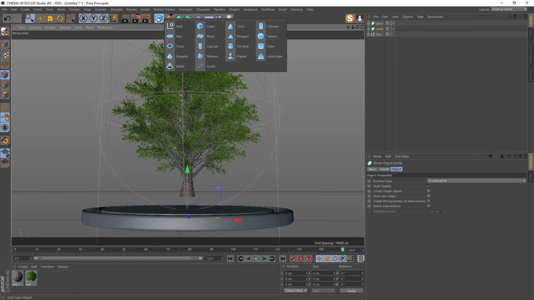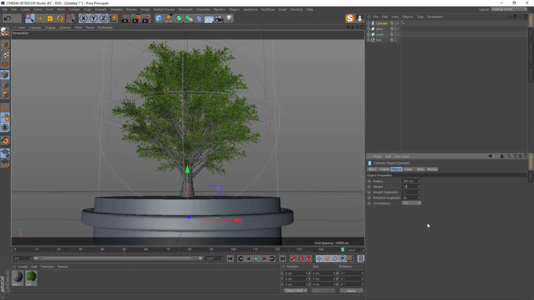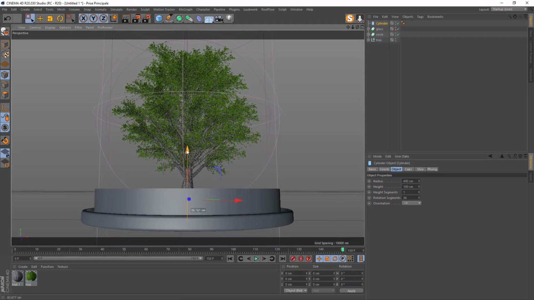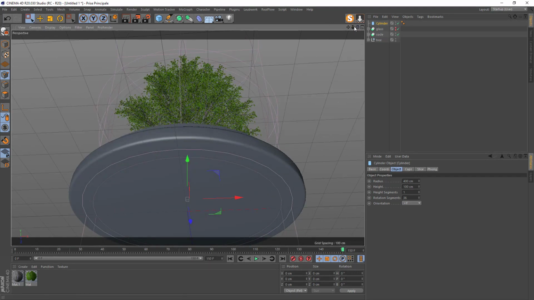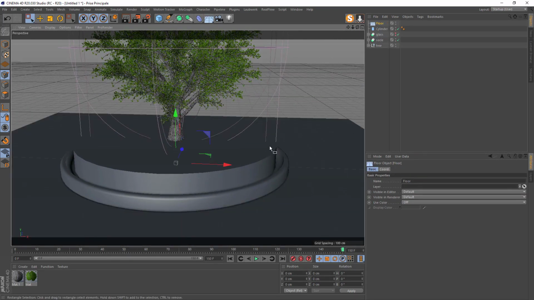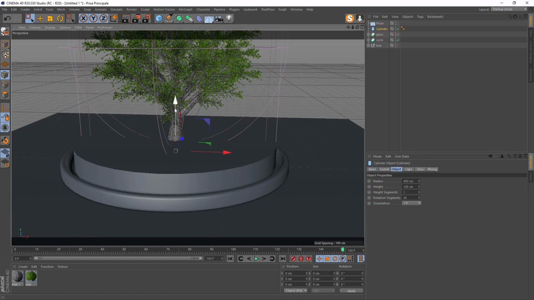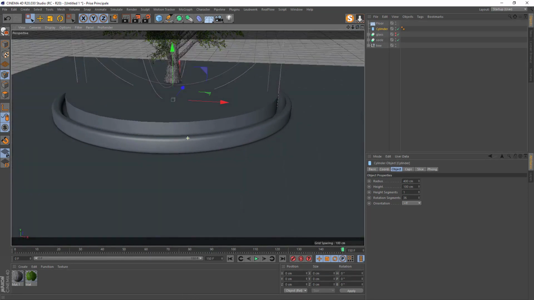and make another cylinder, 400 radius, 1 meter tall, and move it up like that. So you make the height for the dirt that you want. So I will make it like that, it's okay. Just make sure you are not under the socle, or it's not very a problem because we will add a floor, so even if your dirt is like that, we are not going to see it. If you see like that, it's not very an issue.